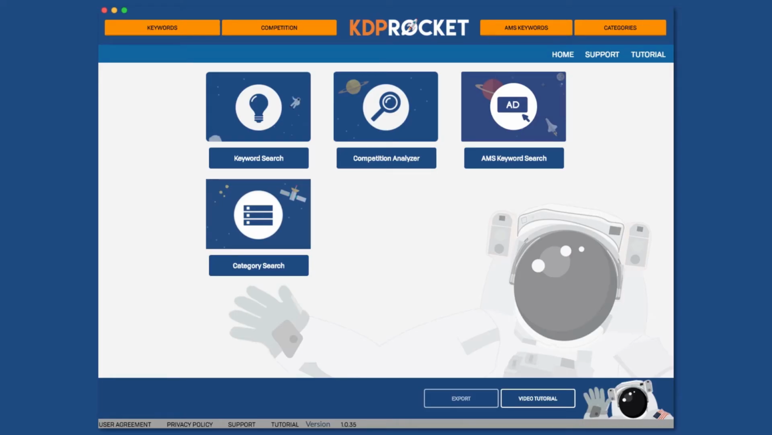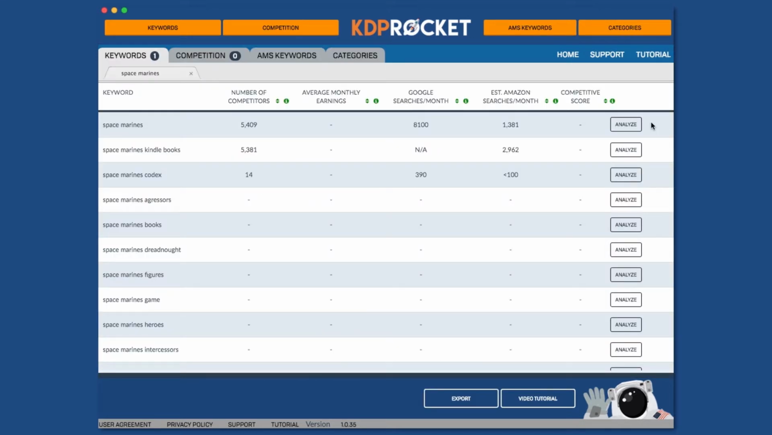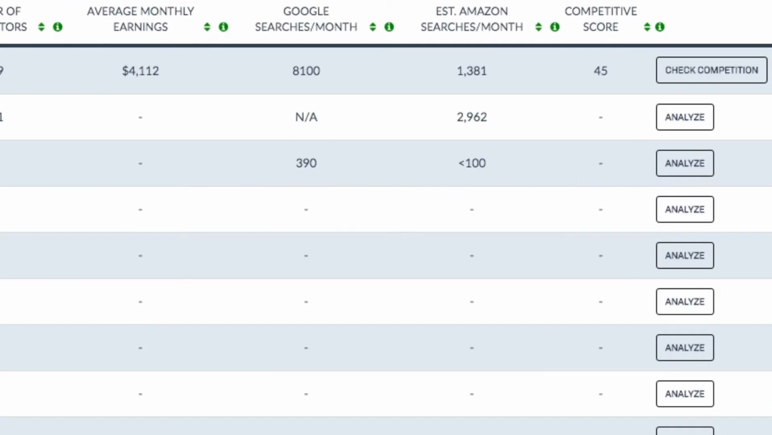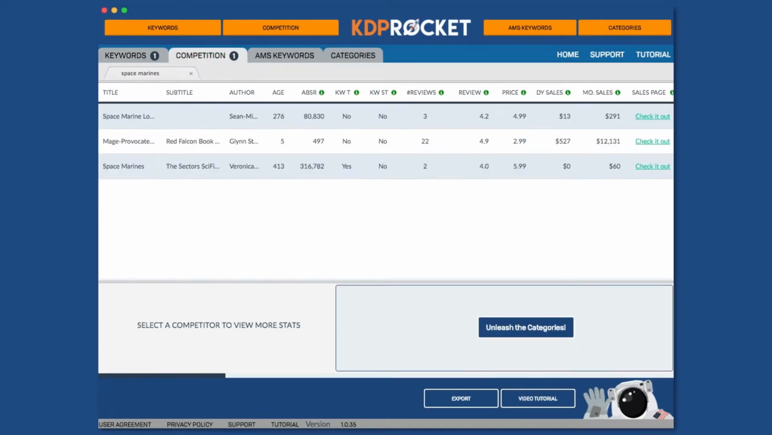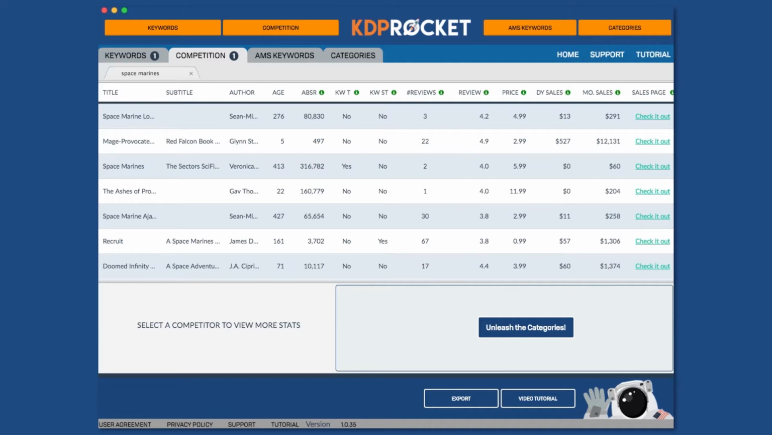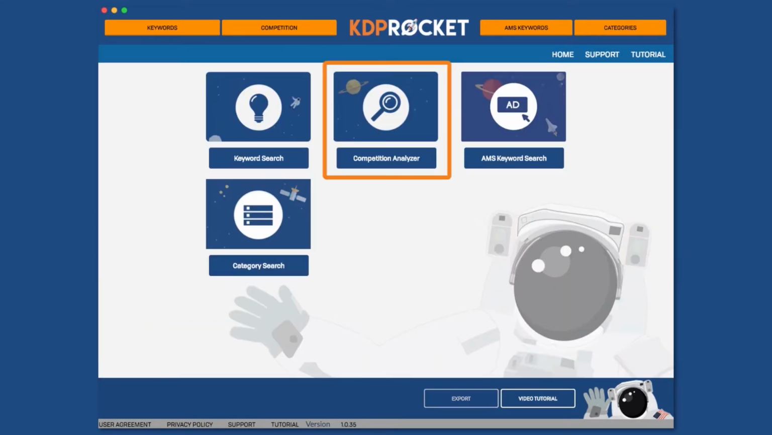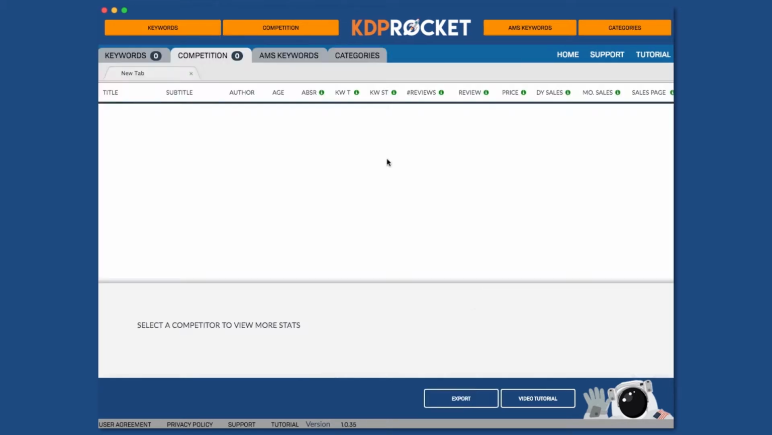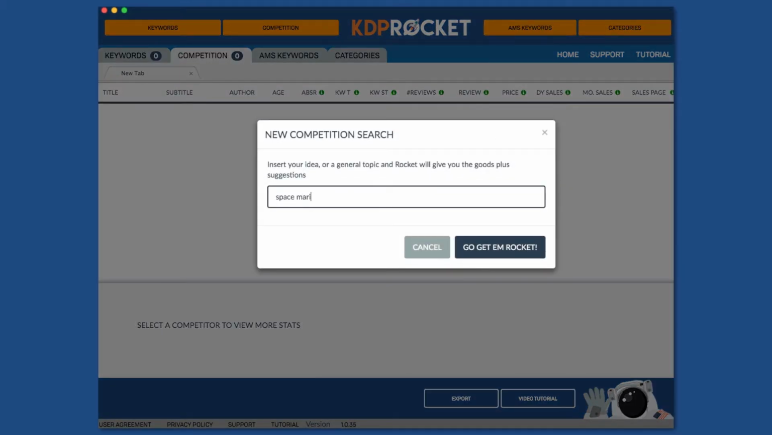There are two ways in which you can implement the Competition Analyzer of KDP Rocket. If you're currently using the keyword search feature of KDP Rocket, after clicking the Analyze button, it will turn into a Check Competition button. Clicking this will take you to the competition analyzer for the particular keyword. The second way to check the competition is to click the competition analyzer button on the home page or the competition button at the top of KDP Rocket and type in a keyword phrase you would like to analyze the